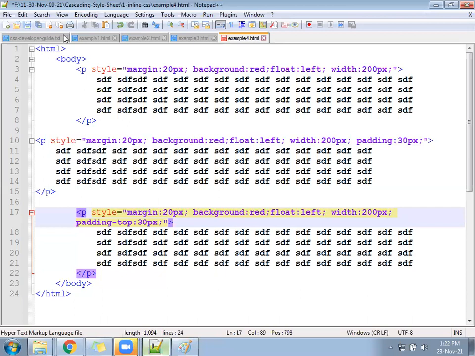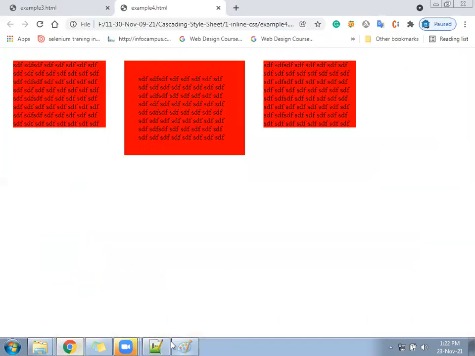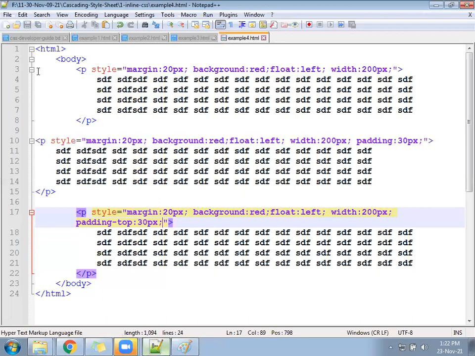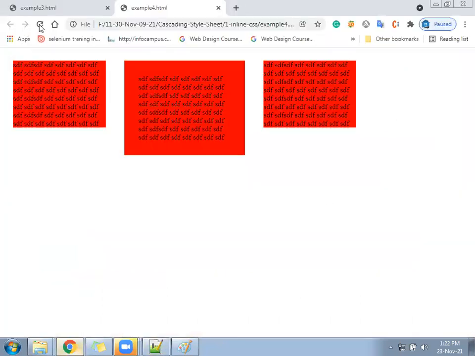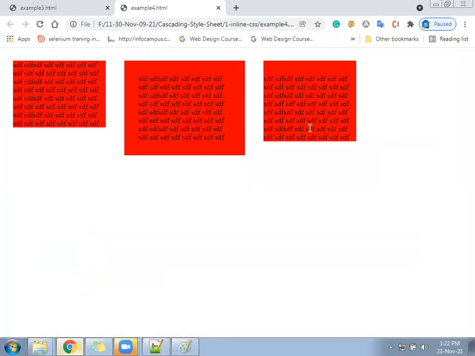See now, padding top. Oh, maybe I have not saved the file. Padding.